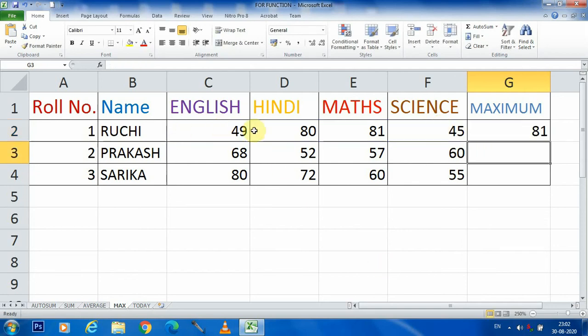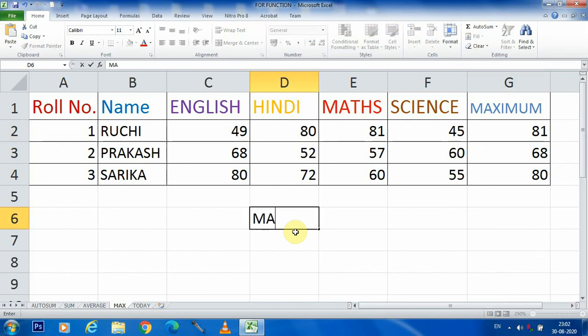You can see that among the four subjects, her highest marks are in Maths, 81, and now we are copying the same formula into the next two rows. You can see Prakash got 68 in English, which is his highest marks, and Sarika got 80, which is her highest marks in English.